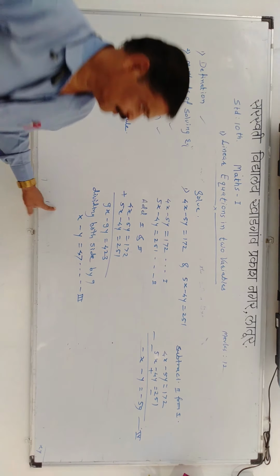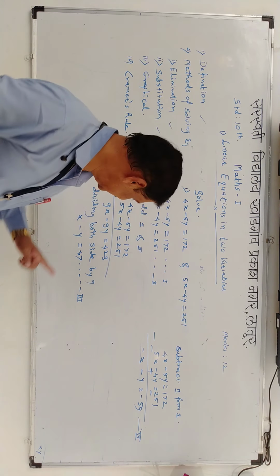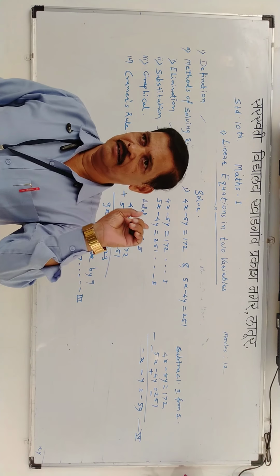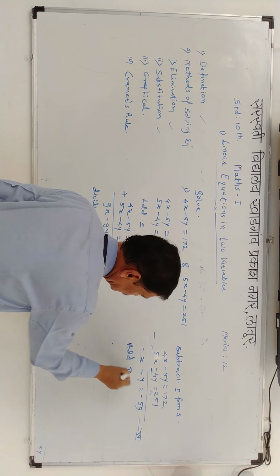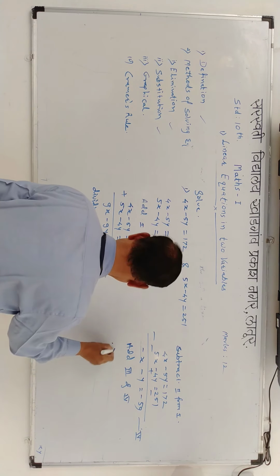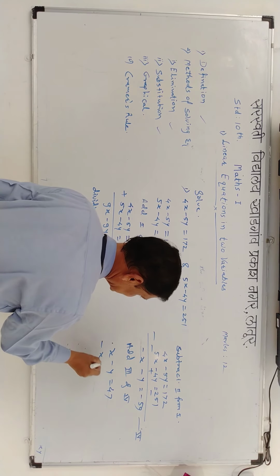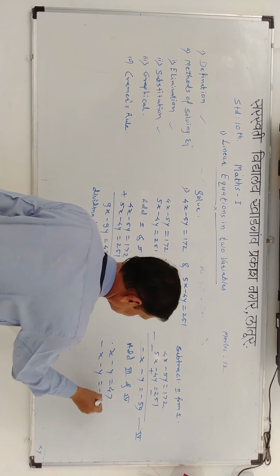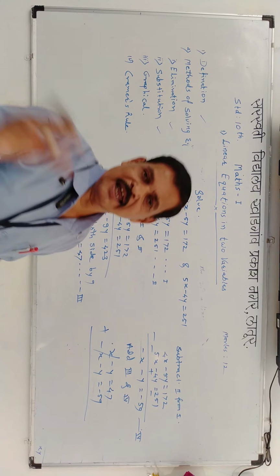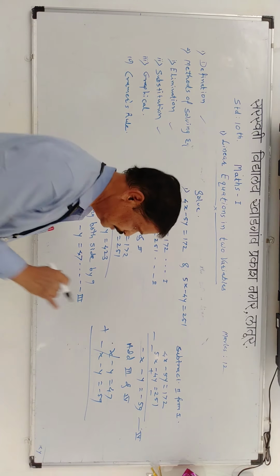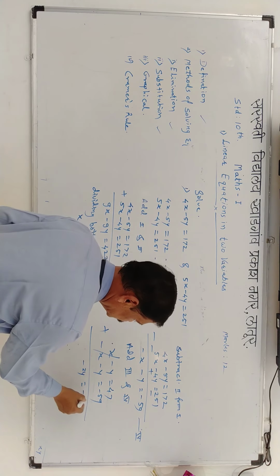Now third equation and fourth equations are simple equations. Adding or subtracting them, we get the x or y. Add third and fourth. x minus y is equal to 47 and minus x minus y is equal to minus 59. We are adding them. x plus and minus x remains the same, 0, minus 2y is equal to minus 12.